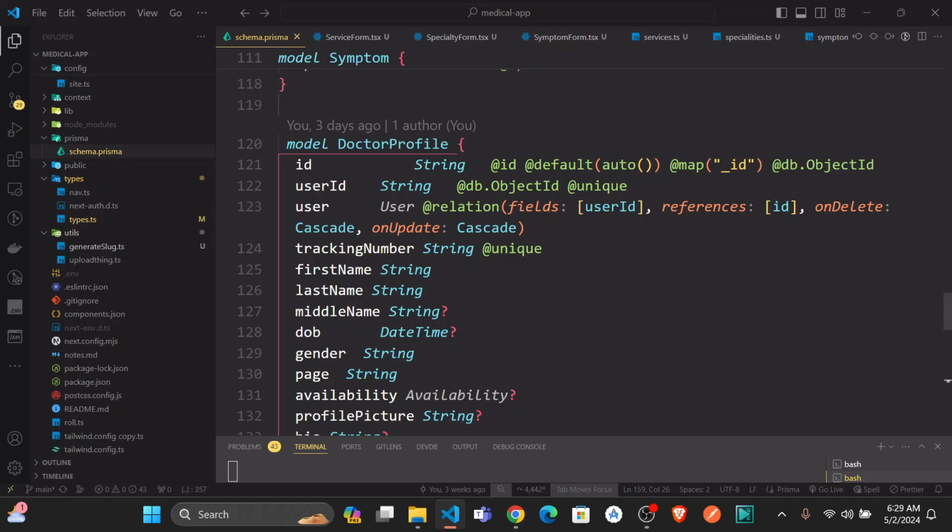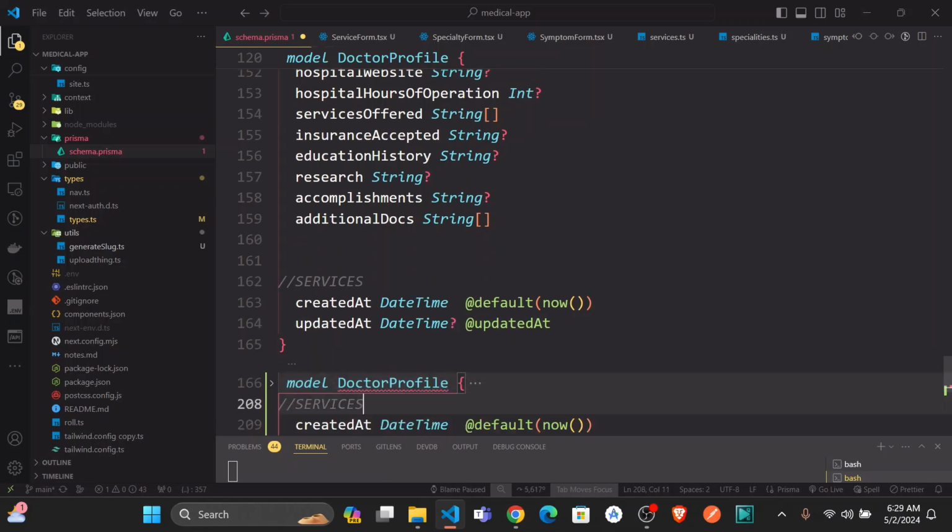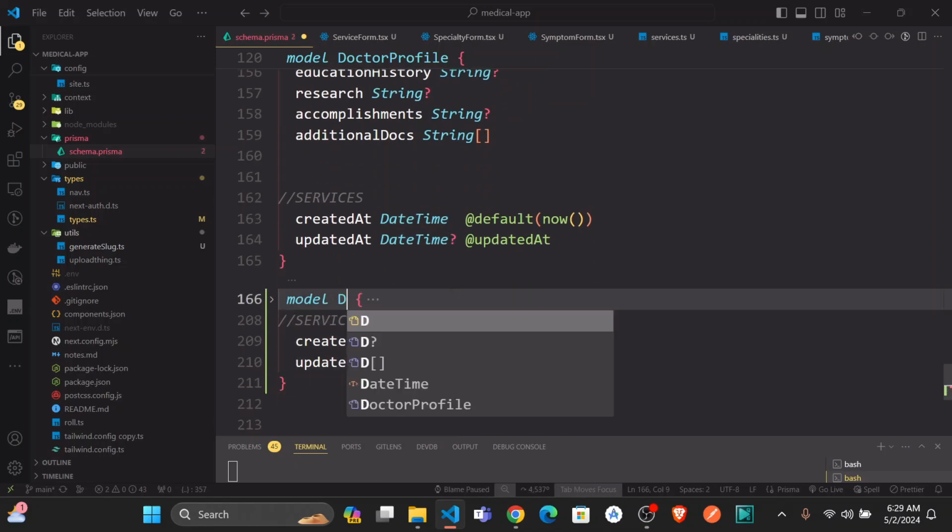For instance, doctor service, where in the doctor service we could have, of course, the user ID, we could have the service ID, we could have the specialty ID, plus we could also have, yeah, I feel like that. Let me just see if we can just do that. If I just duplicate this